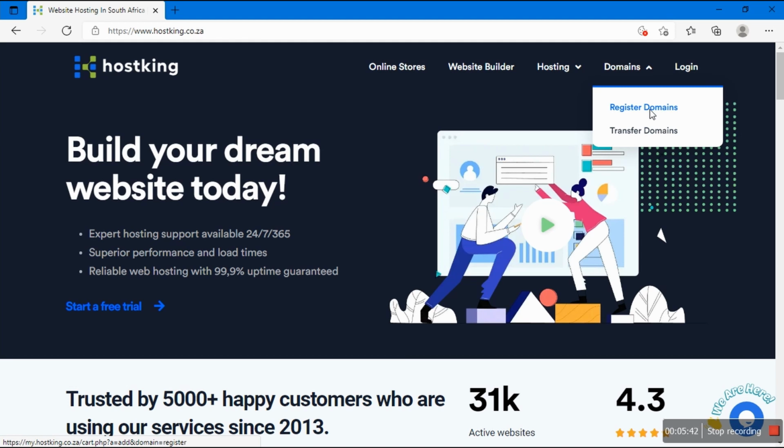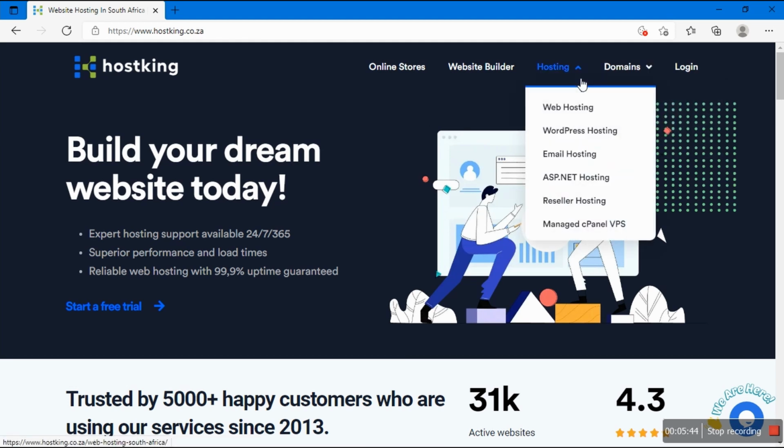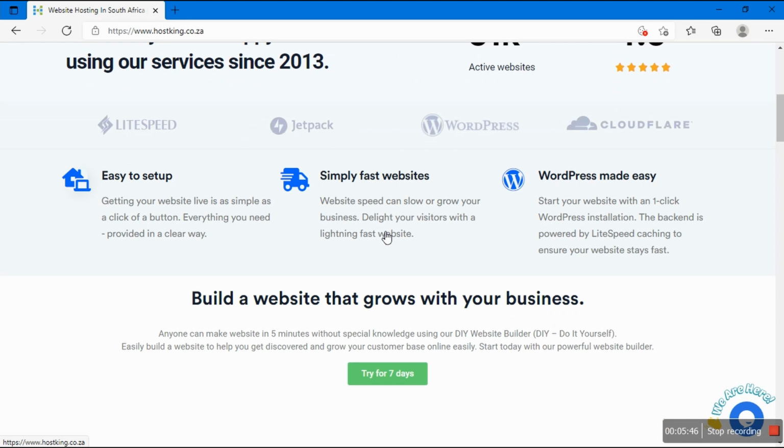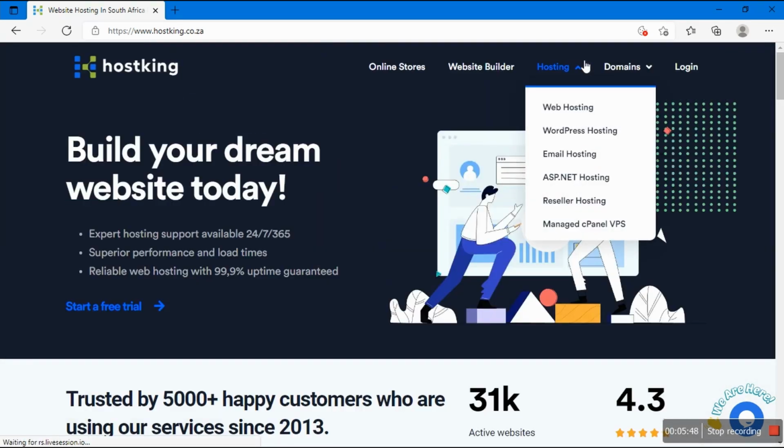You'll see the portal in a second. And then when it comes to hosting, you can take a look at the website. I'm not going to do that. So when it comes to hosting, you have a choice of all these hosting options at your disposal. I'm not going to go through all of them except the one I am using currently, called ASP.NET Hosting.